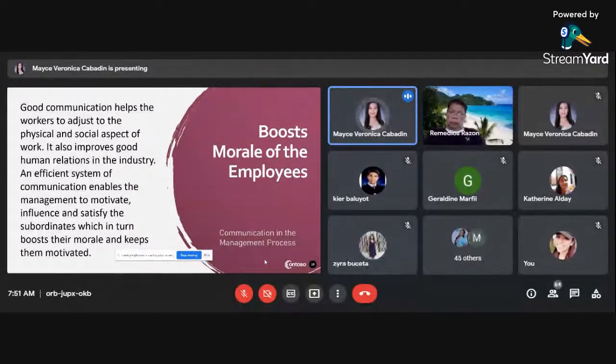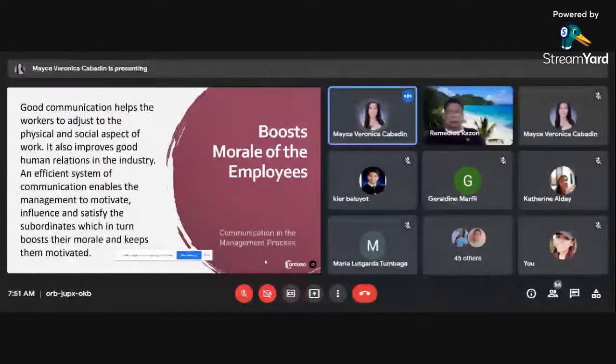Yun na lang po yung mainstream na meron tayo para ma-relay natin sa bata kung ano yung ating mga comments or ano yung compliments na mayroon tayo para sa kanila. Through feedbacking, nagkakaroon tayo ng good communication with our students. Nasasabi natin na, oh, you did a great job on that activity. Kung mayroon naman silang kulang, maaari din nating i-relay sa kanila. So those feedbacks are meant for motivating the students, same as giving them enough interest when it comes to their responsibilities as a student. So, ganun din po siya when it comes to workplace.